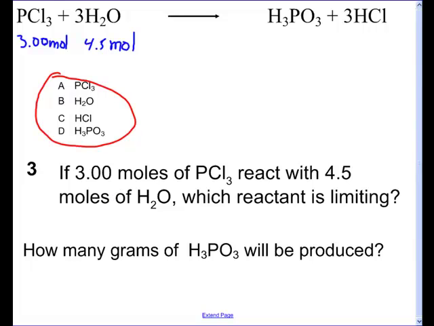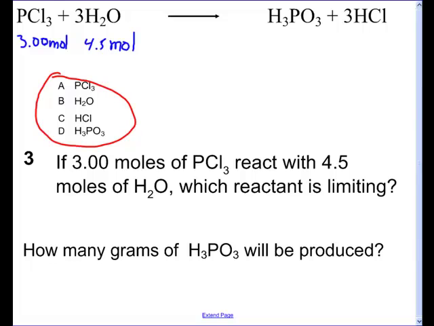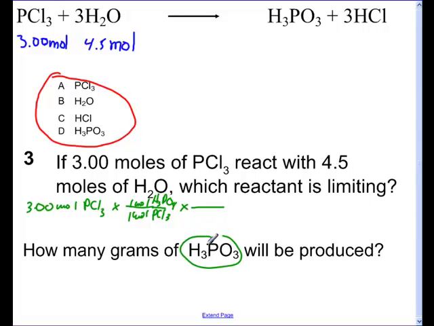Okay, you may have noticed that I gave you moles. Not a problem, right? I actually saved you a step. So I'm going to go ahead and take my 3.00 moles of PCl3. Now when we have moles, what's our first step always? Yep, mole ratio. So 1 mole of PCl3 for every 1 mole of H3PO4. And the reason I'm finding grams of H3PO4 is because of this last question right here. It doesn't matter. I could be going to grams of HCl, but this is going to save me a step. So 1 mole of that,